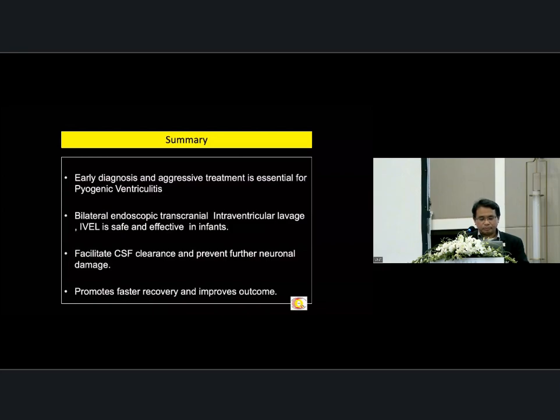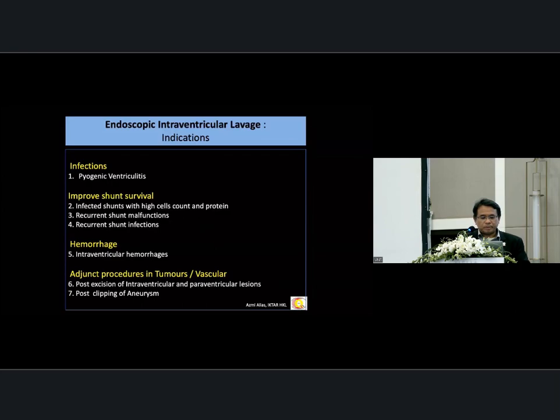And it also proves in front of our eyes that those who receive this lavage, the baby recovered faster. So they can come out from ICU shorter than what we used to be before. So of course it improves outcome as well, but we will wait for the analysis to prove that based on our local experience. So after that, we expand our indication of this lavage, not only on infection, but also looking